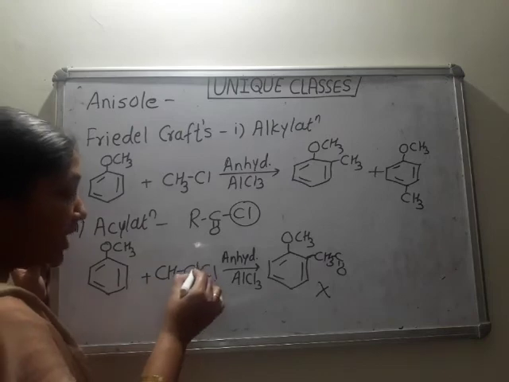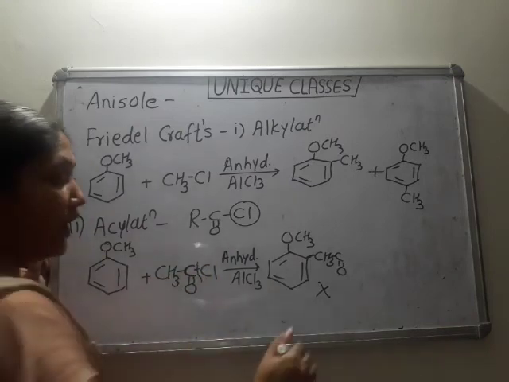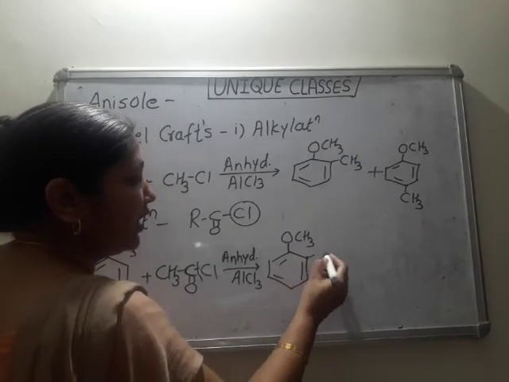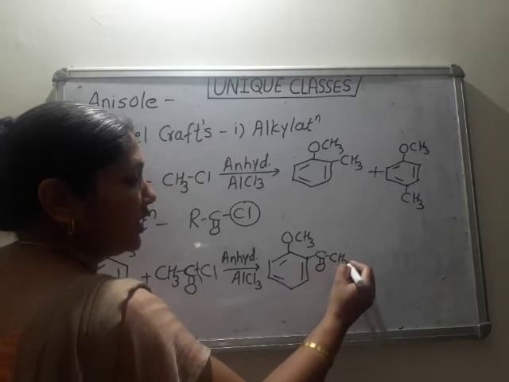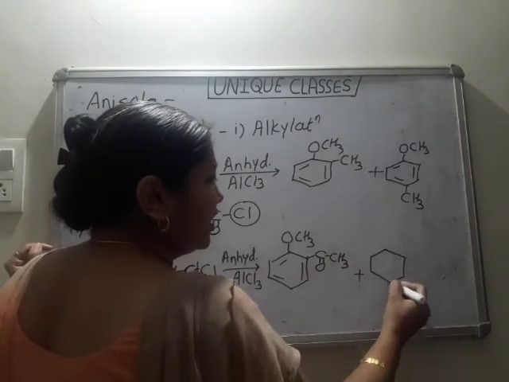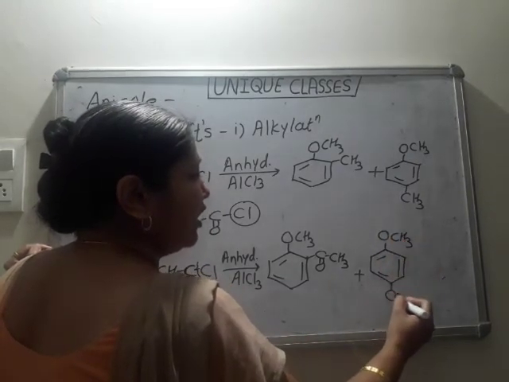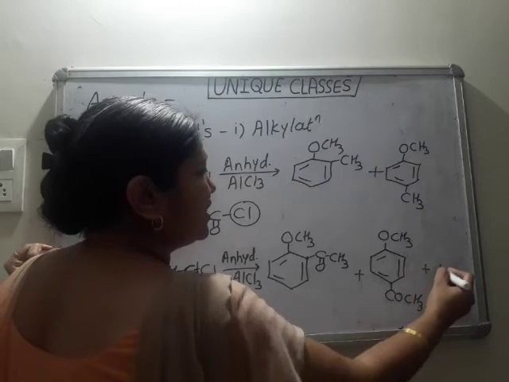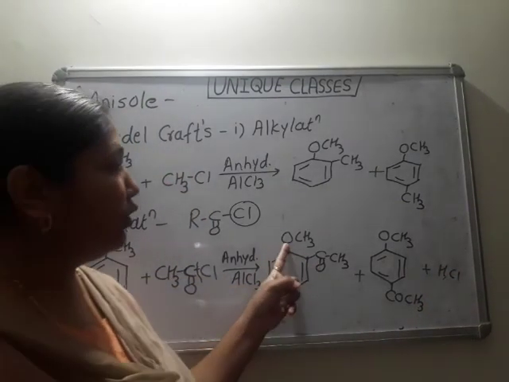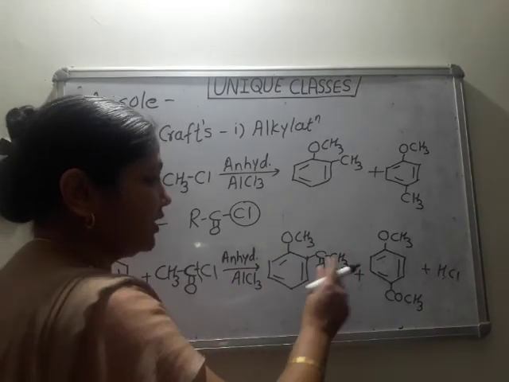Remember this. Which carbon's valence is free? This carbonyl carbon. So that group is to attach to the benzene ring. So here we get COCH3 at the ortho position. And similarly, COCH3 is introduced at the para position. Okay. Plus HCl is the byproduct. This is named as ortho-methoxy acetophenone, the name of this substance.